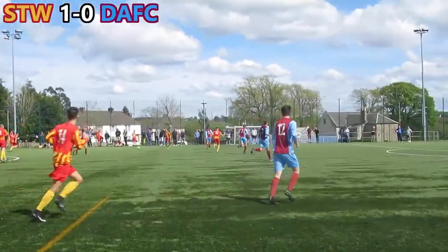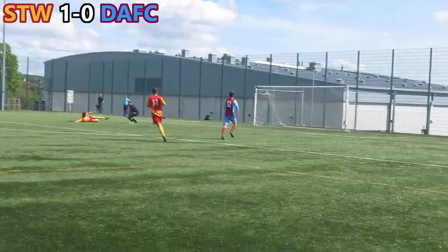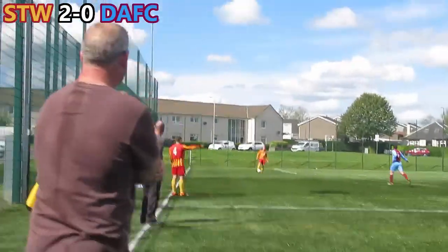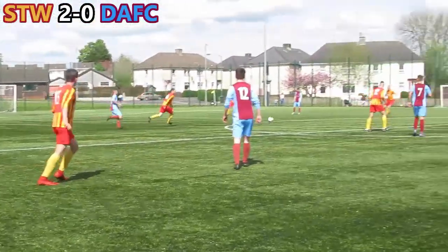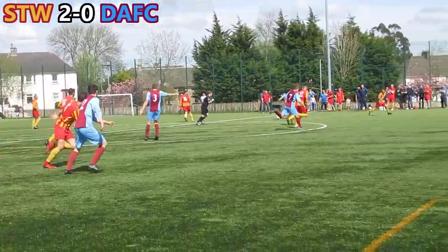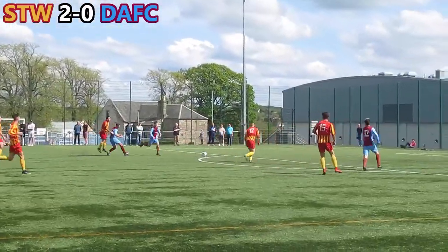But so yeah, they come on the attack again, and down that far side they play it through to their striker, and they go through. He just gets there in front of Jared and pokes it by him, and that is 2-0. So yeah, there was only about 10-15 minutes left in this game, and then Tank in the middle of the field with the pass, but it gets intercepted by their defender, and then they go forward again,